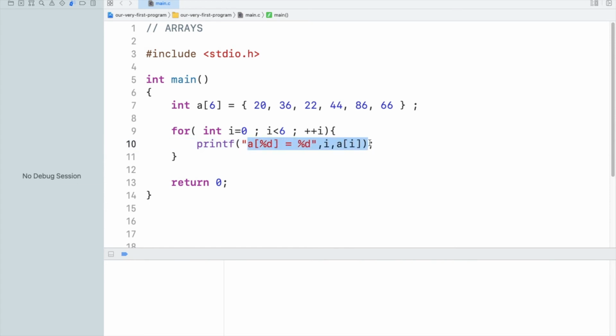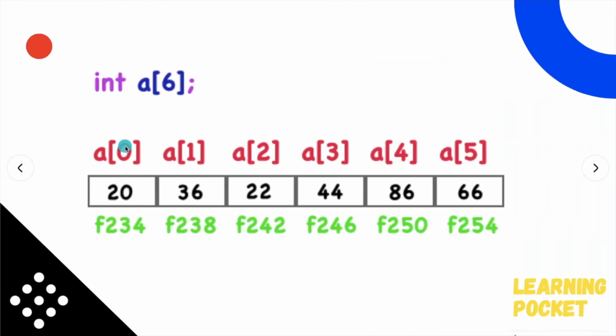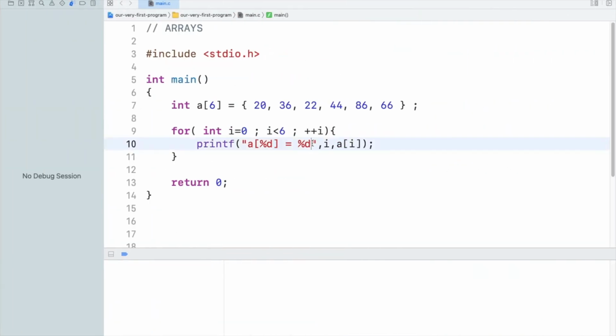You need not be confused about this statement. The printf statement is saying that I want to print in this manner: a0 is equals to 20, a1 is equals to 36, a2 is equals to 22. I want to print all these values in this particular fashion, and for that I'm using this statement: the a and brackets would be printed as it is, and percentage d would be i in here.